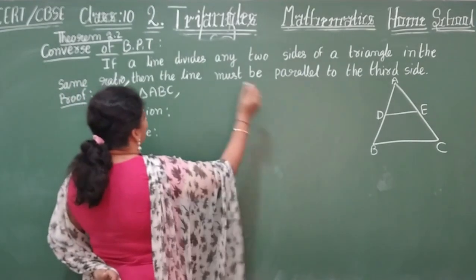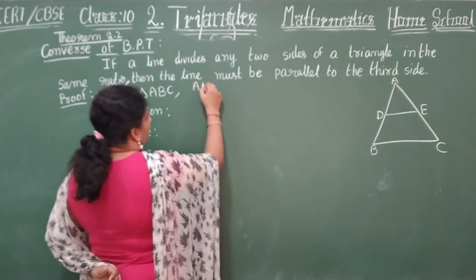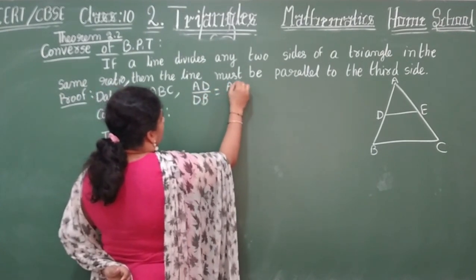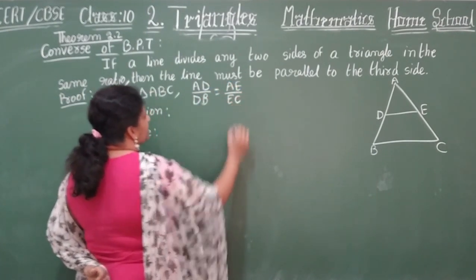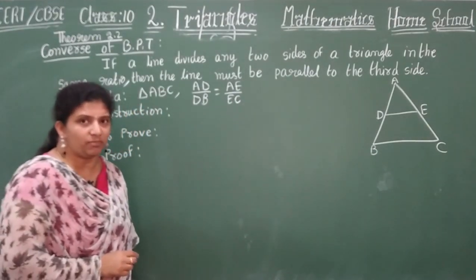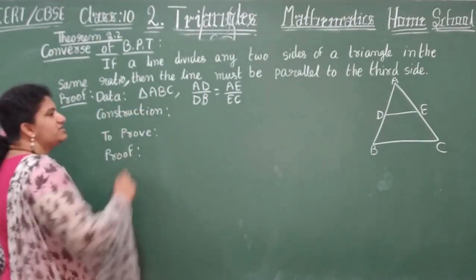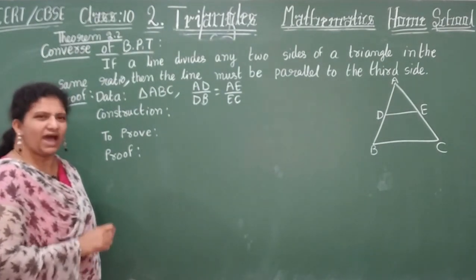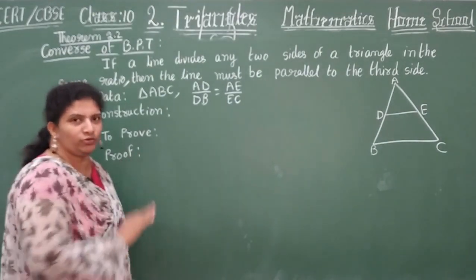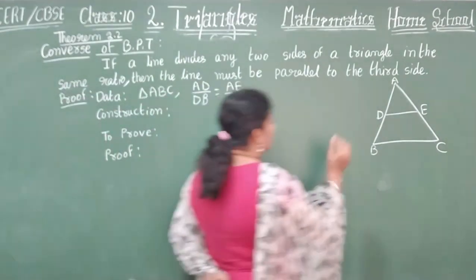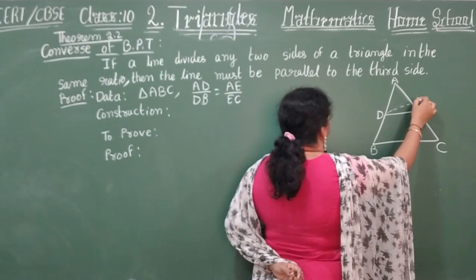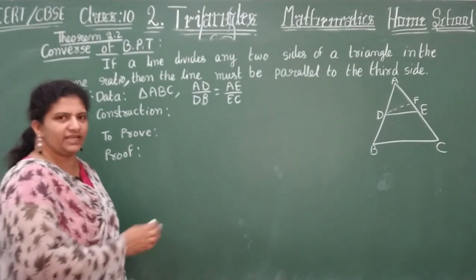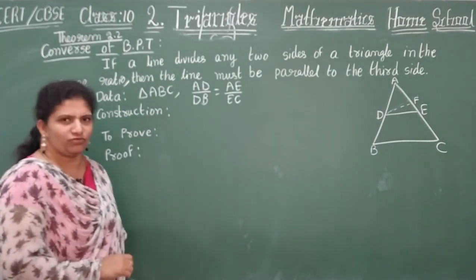So now what have they given here? The ratios are in proportion: AD by DB is equal to AE by EC. What is the construction you are doing here? Are you doing any construction? Yes, I will do some construction in order to prove that. So now what I do here, a little on this side, one letter. Better let us take F. Any letter you can choose. E dash is there in your textbook, you can take F, no problem.